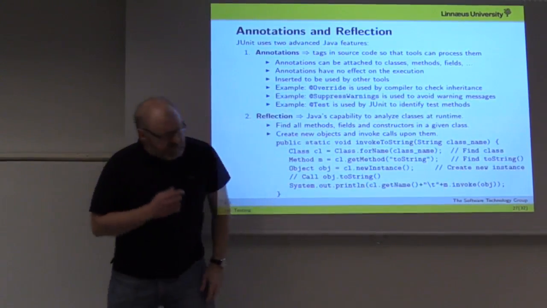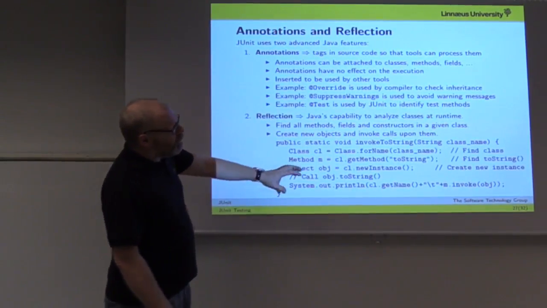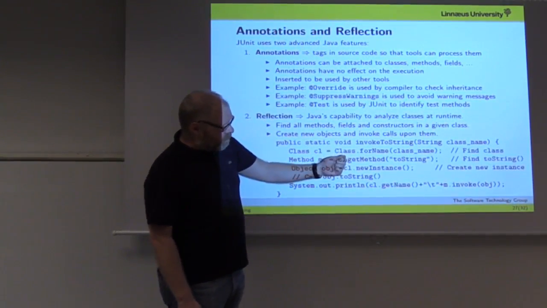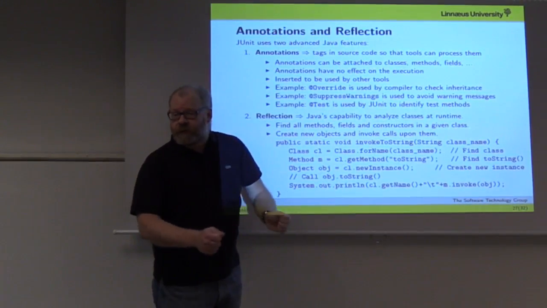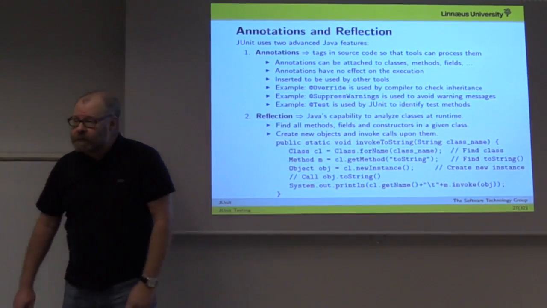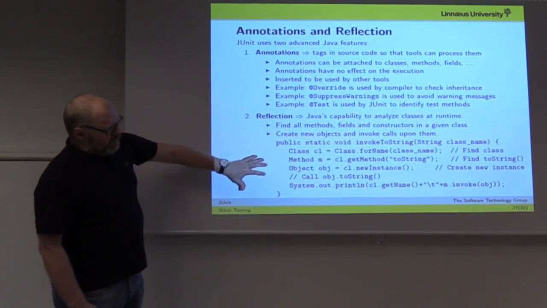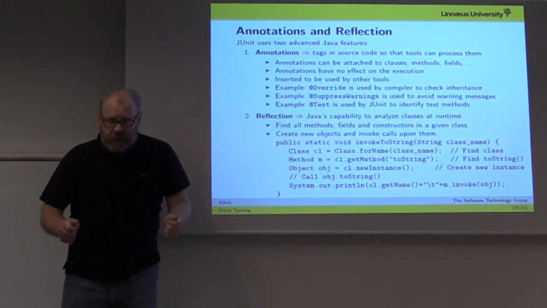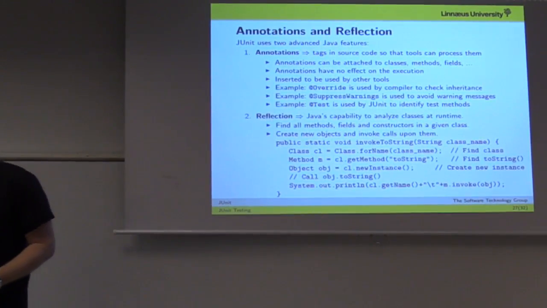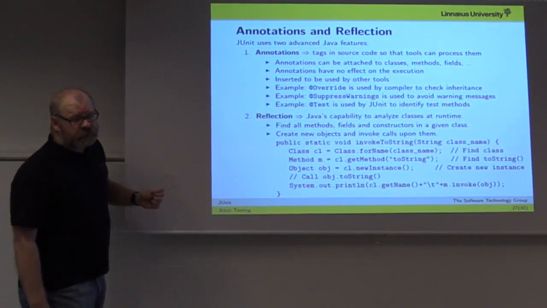Over here, if you provide a name of a Java class, it will create an object of this class and call the toString method on it. This is called reflection. We are analyzing a class at runtime to see what methods we have,